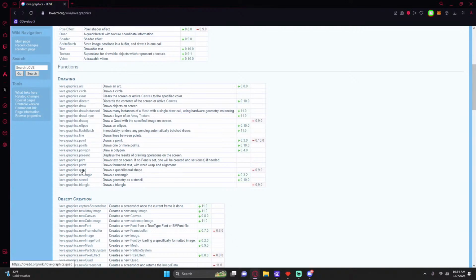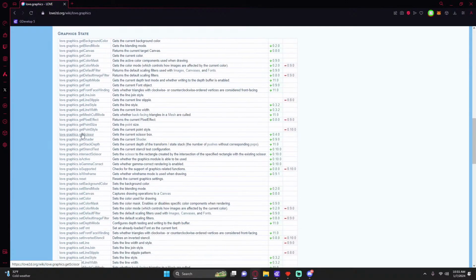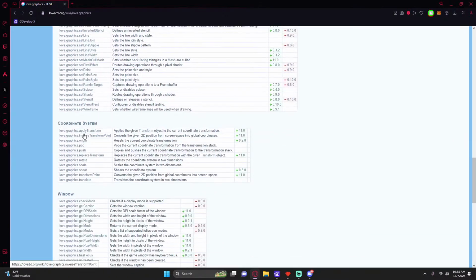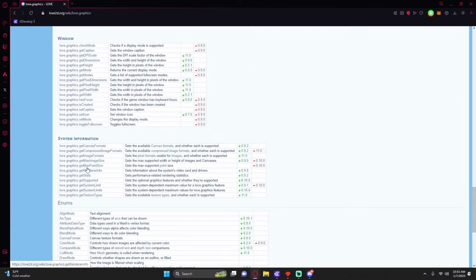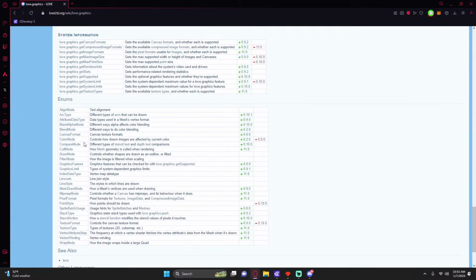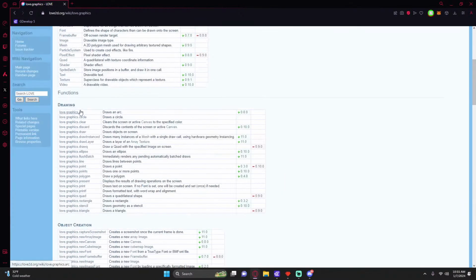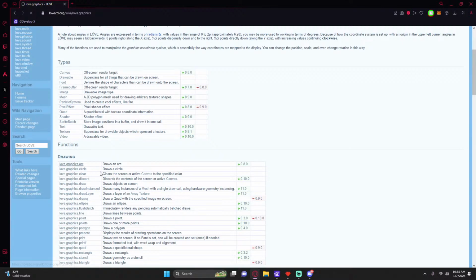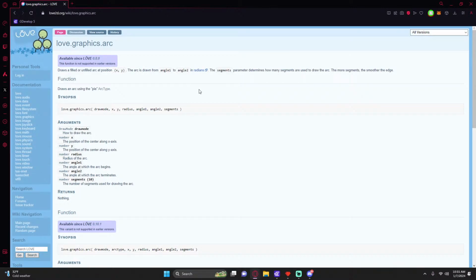So as you want to learn how to do things, you kind of think, oh, well, I want to learn more about how graphics work in this engine. Well, these are all the things that you can do with the graphics. And as you learn, you pick up knowledge over time, but you just come in here and you click, and then you read up about it, learn how it works. It is a lot, but that's how it is for every language. And this isn't even